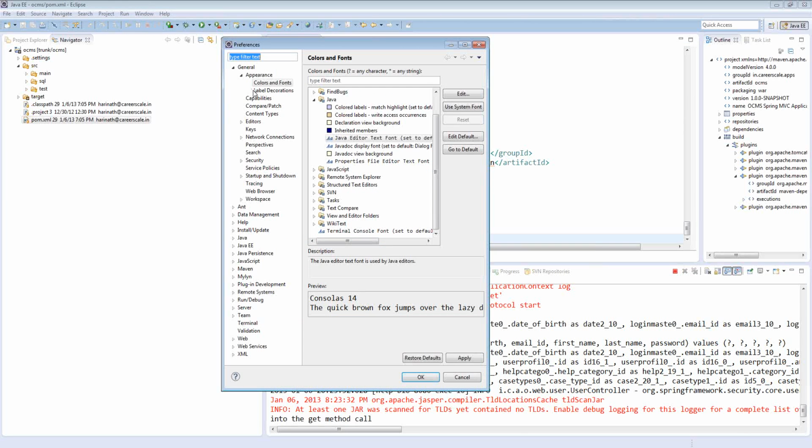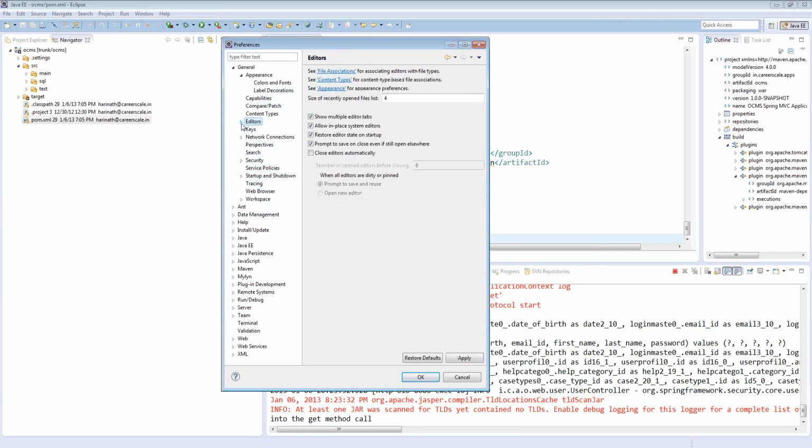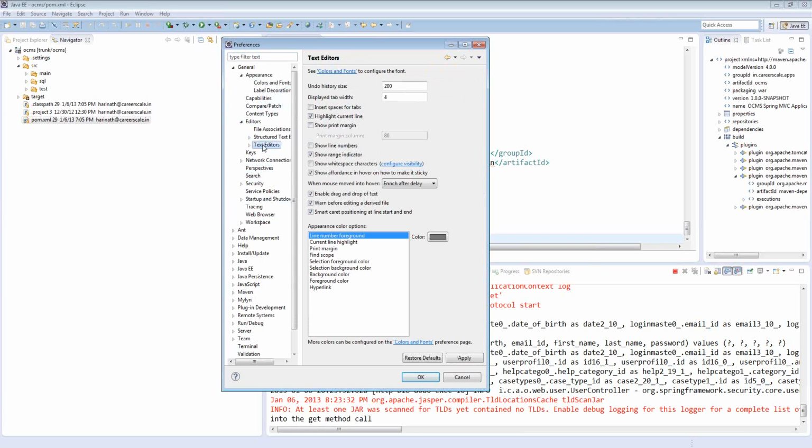Okay, in content types, editor, text editor, show line number. Okay,